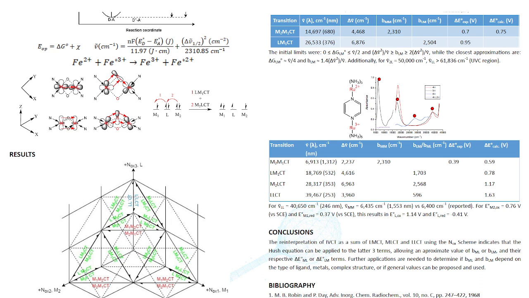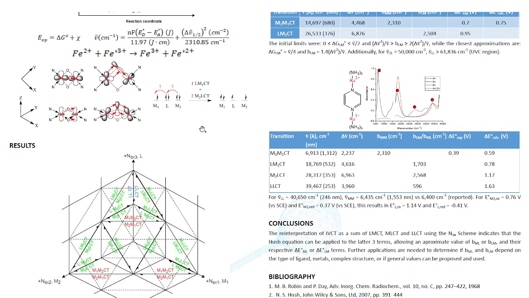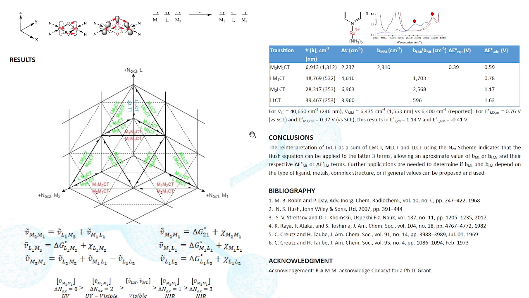occurs through a superexchange, where the ligand transfers an electron to the acceptor metal, in this case metal 1, and in turn the ligand receives an electron from the donor metal, in this case metal 2, which can be seen as a sum of two transitions. Now, if we represent all the possible transitions in a bimetallic complex,